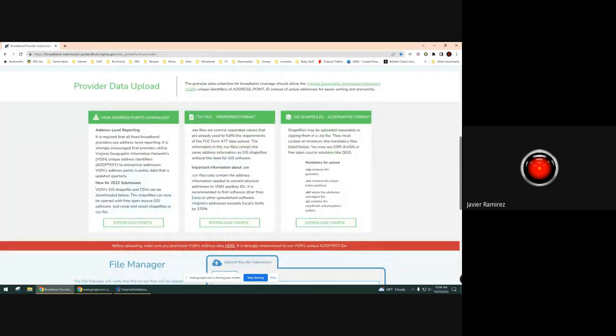As for example, we got CSV and shape files you can download, so you can see how an actual document should look like. You can compare it to the ones you're preparing. And we also have the VGen address data set, which is what we use to basically uniquely identify an address